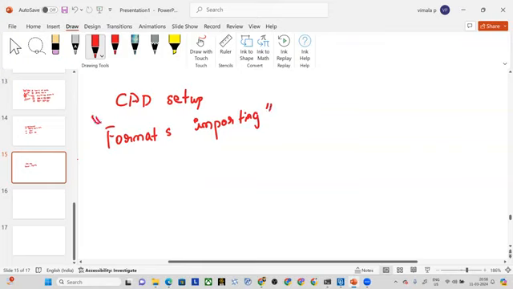So ANSA generally supports generic CAD formats. Imagine that you are doing some component modeling using SolidWorks, Creo, or CATIA, any software. You might be familiar with the file extension .prt, which is nothing but a part file. If you save the file in this format and then try to open it in ANSA software,